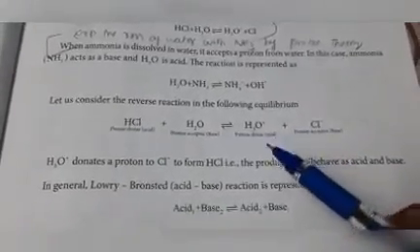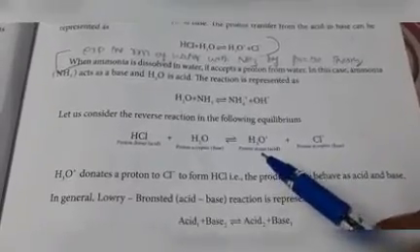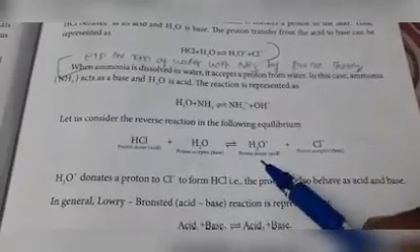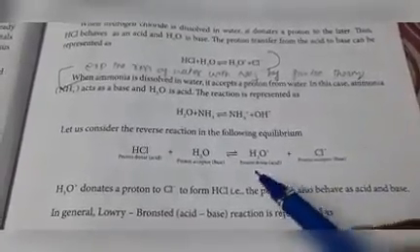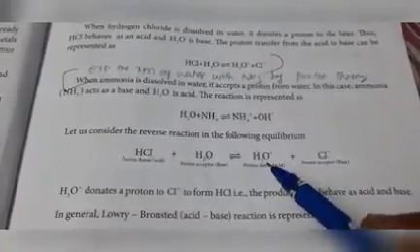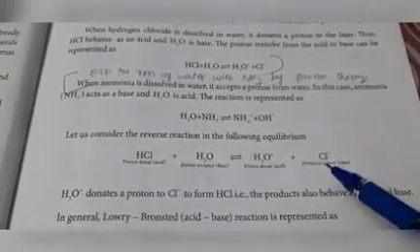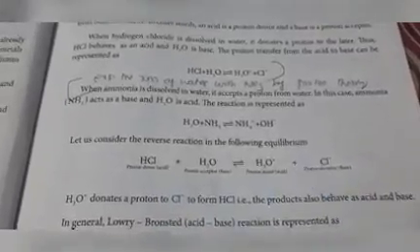See, in this reaction, the product also behaves as an acid and a base. H3O+ can act as an acid and Cl- can act as a base, because H3O+ is a proton donor and Cl- is a proton acceptor. H3O+ donates a proton, forming H2O, and that H+ is taken by Cl-, meaning Cl- accepts a proton and forms HCl. So, this is a reverse reaction.